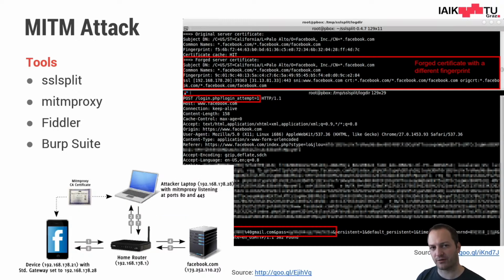And how does this attack work? You'd basically just use any tool that's publicly available, like SSL Split, mitmproxy, Fiddler, Burp Suite. This is a compilation of the most popular ones. And what you see in the screenshot is, for example, from a tool called SSL Split. You see that there's a man-in-the-middle attack going on. The user called facebook.com. SSL Split sees this, does communication to facebook.com, and then generates its own certificate. You see it here in the red box,